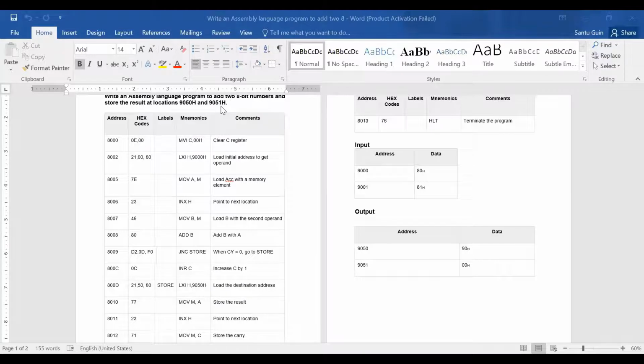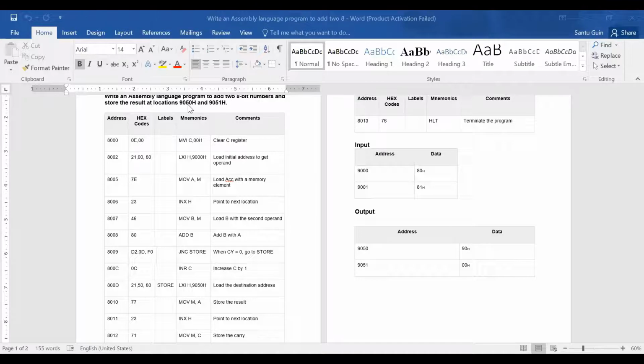That means the sum will be stored in memory location 9050, and the carry will be saved in memory location 9051. That is, if the result is more than an 8-bit number, the extra 9th bit should be stored here in memory location 9051, and your 8-bit result will be stored in memory location 9050.